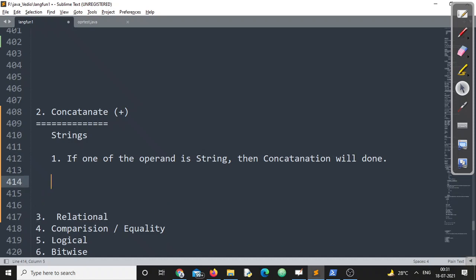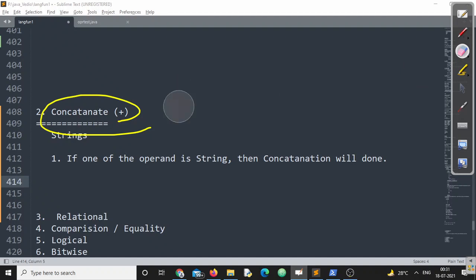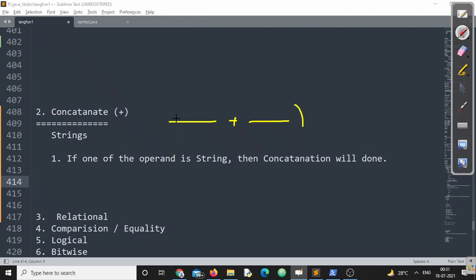I think we have clearly seen this example. You can also add those examples to your notes, right? So this is all about the concatenation operator. Remember, whether it is a combination of arithmetic operator or concatenation operator, anything it could be, but the output is always a string. I hope you all could understand this particular operator, the concatenation operator, right?